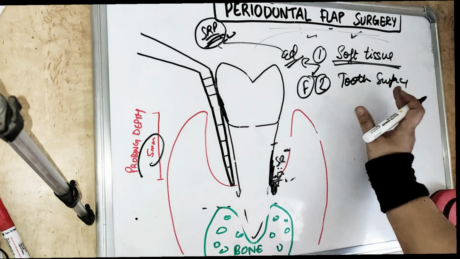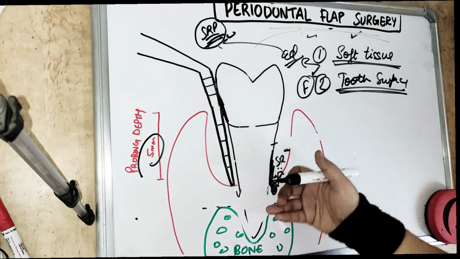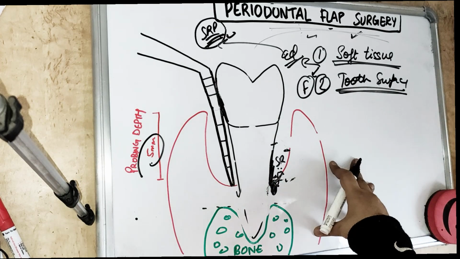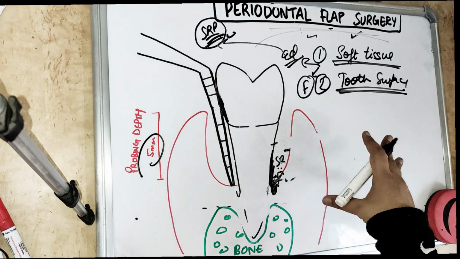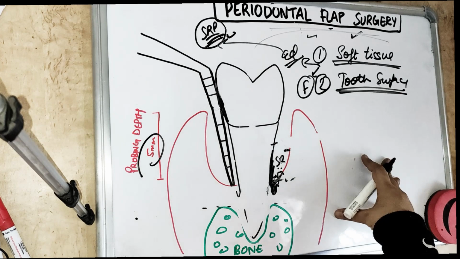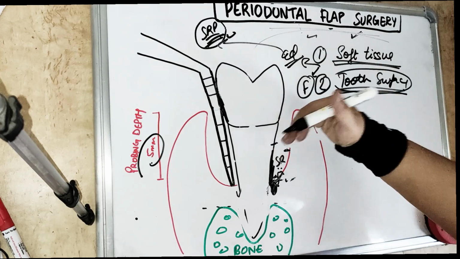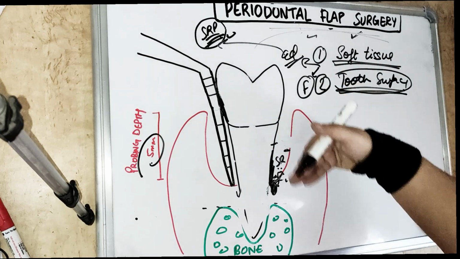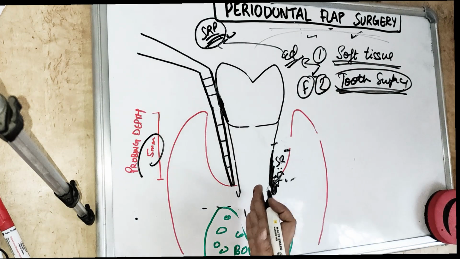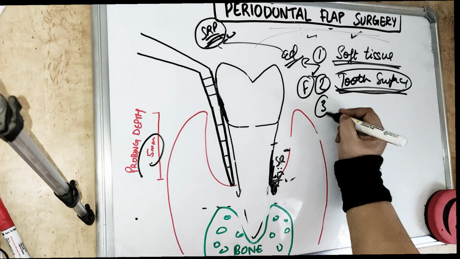So this decreases the inflammation because you are removing all of the necrotic tissue. Also this will decrease the bacterial load. This will decrease the bleeding, and it will lead to a good prognosis. So in case you are removing this flap, you have to do scaling and root planing along the tooth surface wall.